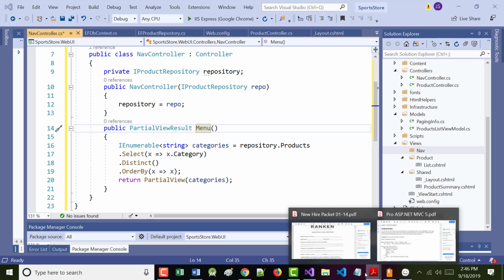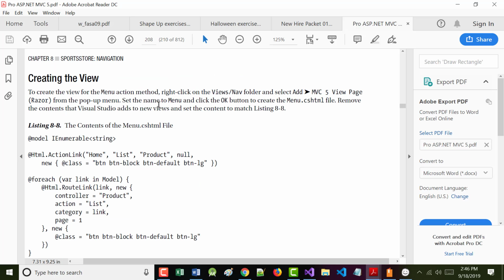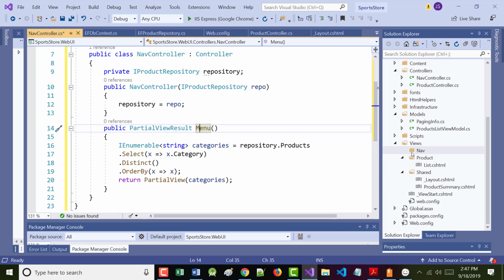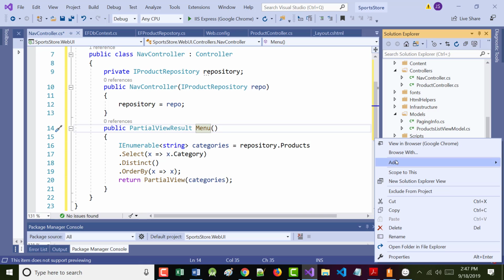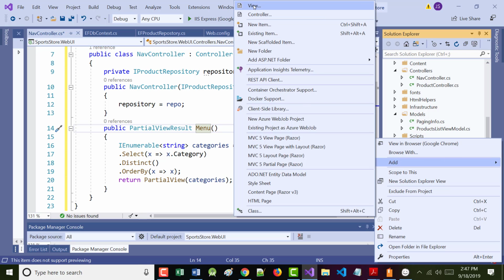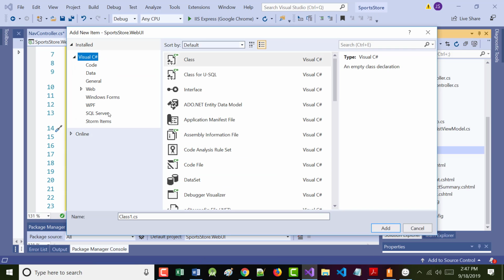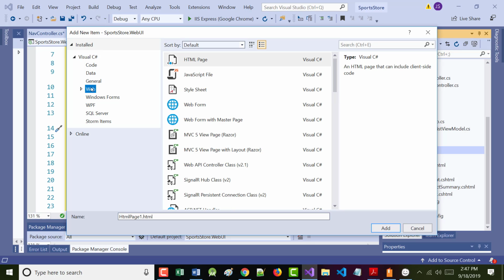But I want to use the author's way of doing things, so right click on the Views Nav folder and choose Add. Oh, that's right. It's an MVC5 view with Razor. That's right. That's why it looked funky. All right. Right mouse click, Add, not View. New item. Right mouse click, choose Add New Item. Okay. Then is it under Web?